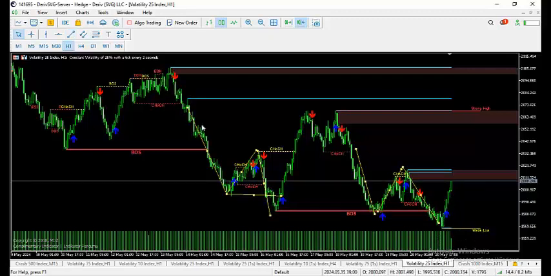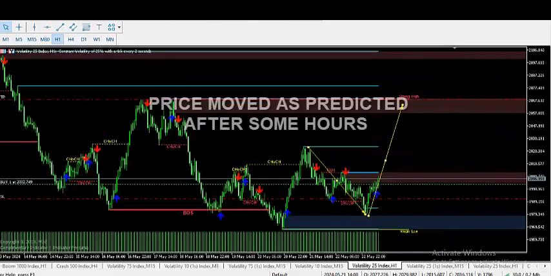We have a signal, and of course we can take this signal here and move up to this very internal order block that is over here. So this is how simply this indicator works. Let's